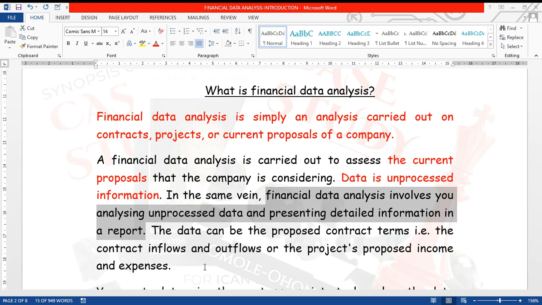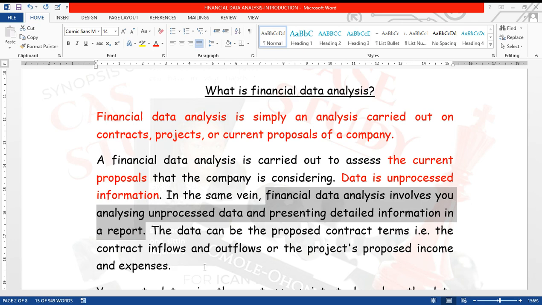You're just seeing so much information. If that's too much data, that's not information. So now you, as the future chartered accountant, are expected to carry that data together and say, okay, the revenue is 100 million, the cost is 50 million. We're going to incur working capital of 10 million. We're going to incur maybe some other things and some other costs that are surrounding that contract or project. So you, as a financial accountant, are supposed to carry that data, analyze it, and then submit a report.